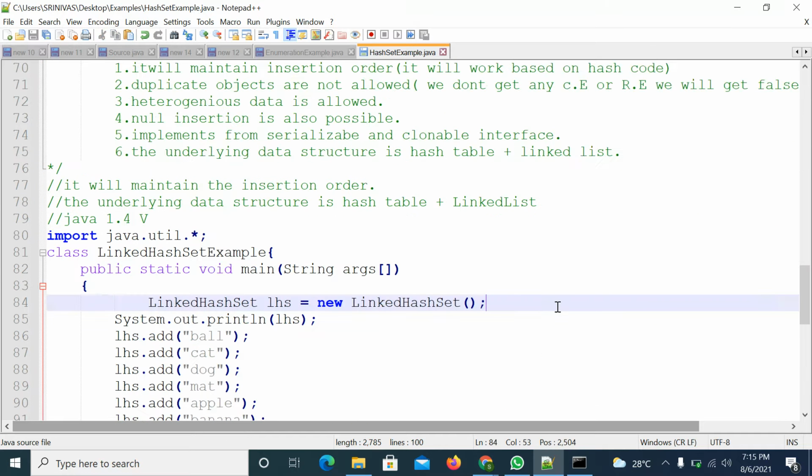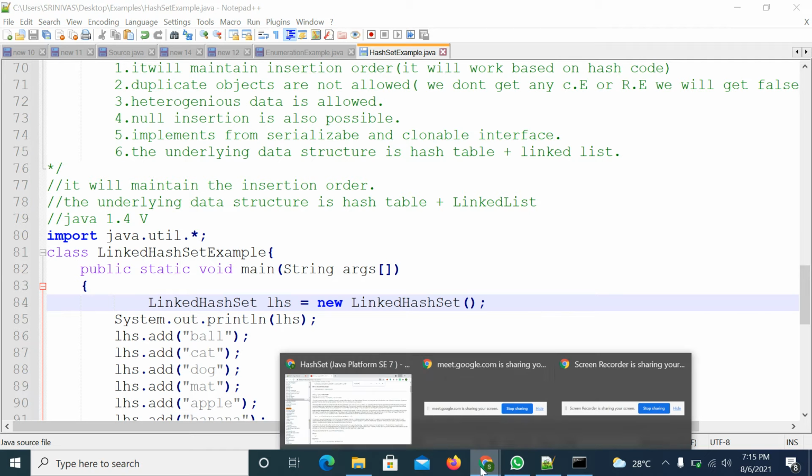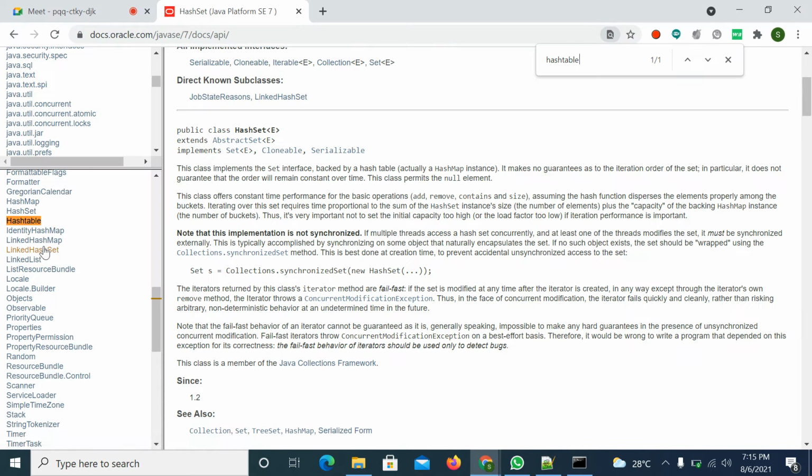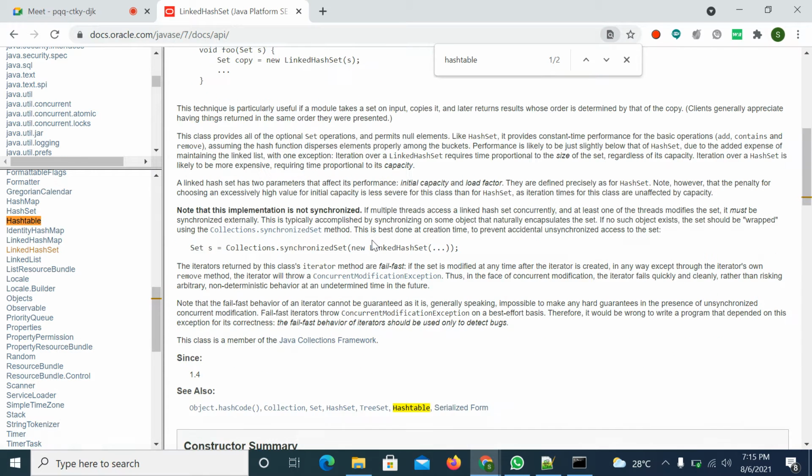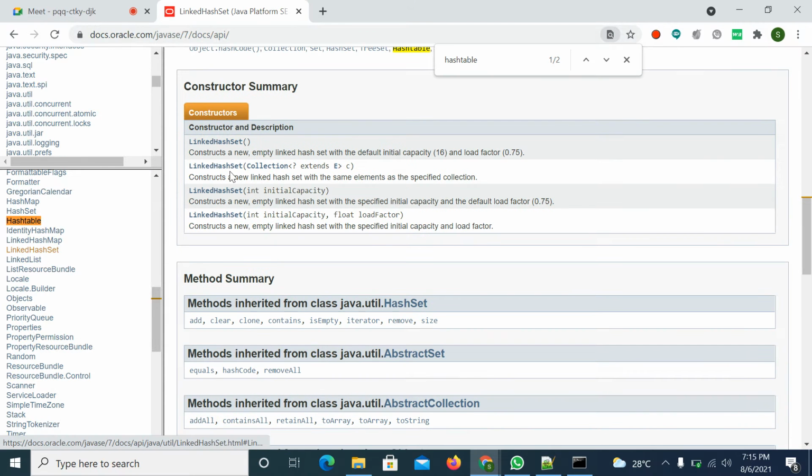Sir, constructors also the same? Yes, linked hash set has the same four constructors: collection object, initial capacity, fill ratio, and initial capacity. Without any parameters, the default capacity is 16 and the initial fill ratio is 0.75.